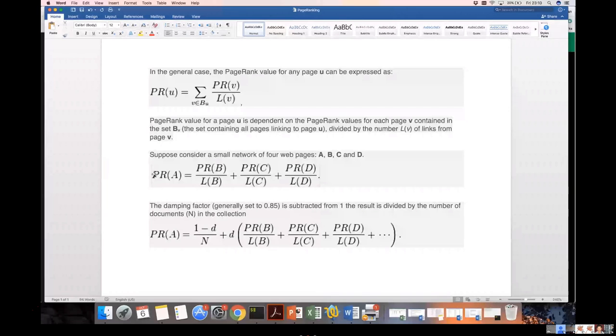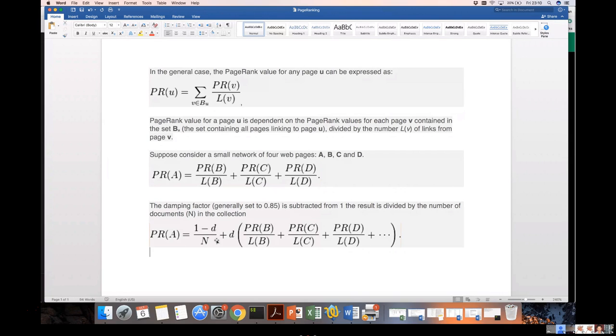It's called a damping factor, to make it much smoother and to remove the residual from summing up all these numbers. Typically they start with a value of 0.85 as the damping factor, and then 1 minus d divided by